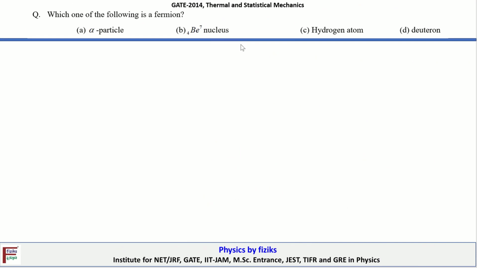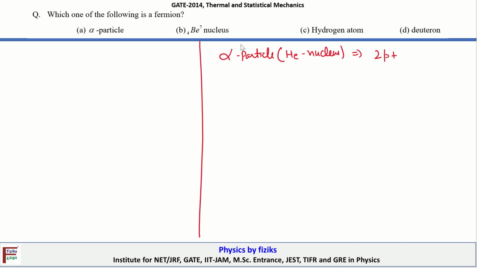So let's take a look at the next problem. Which one of the following is a fermion? Okay, so let's try to figure out which one is a fermion. The alpha particle is nothing but the helium nucleus, and the helium nucleus consists of 2 protons plus 2 neutrons,